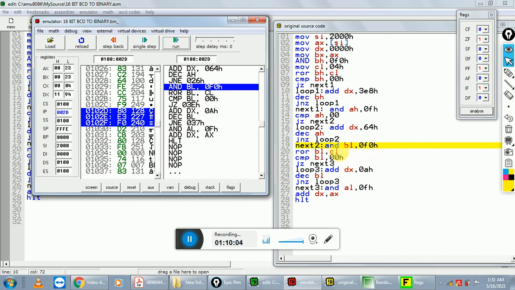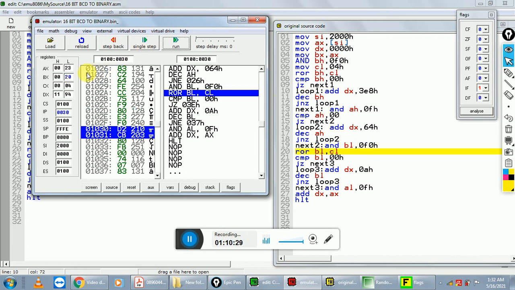The next instruction is AND BL, 0F0H. In this case we mask the LSB. For masking the LSB we take the F0H operation. So after the execution of AND BL, 0F0H, we get the number 20.